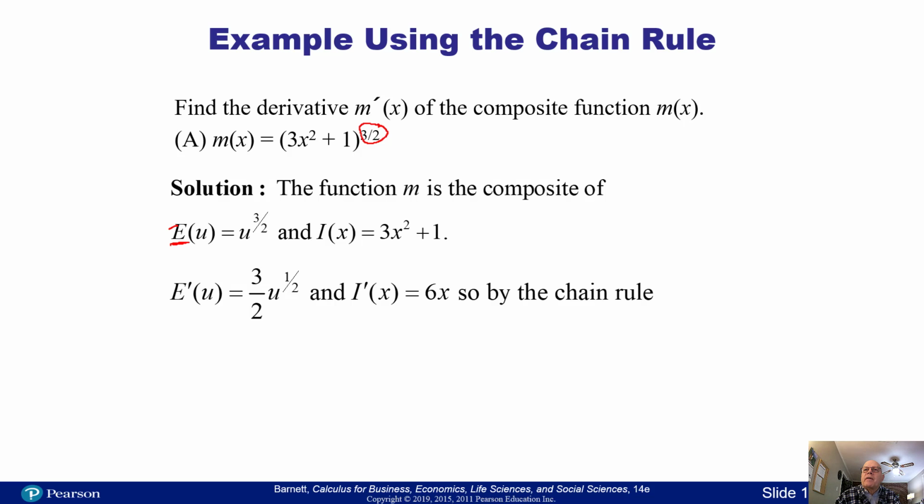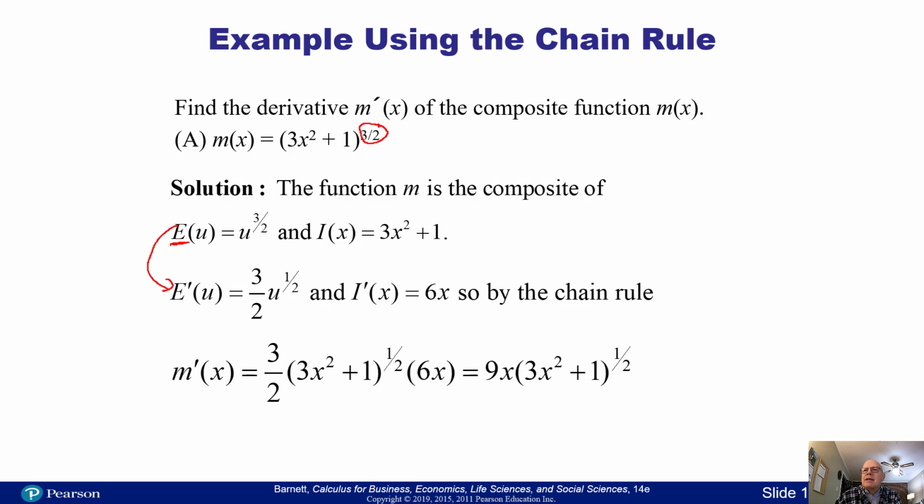So here's the derivative of that one. That's pretty easy. Bring the 3/2 out front. Reduce the 3/2 by 1. You get a 1/2. Over here, this one's pretty easy by itself too. Take the derivative of this. We've got the internal function's derivative. And bring that 2 out front. We've got 6x. So by the chain rule,